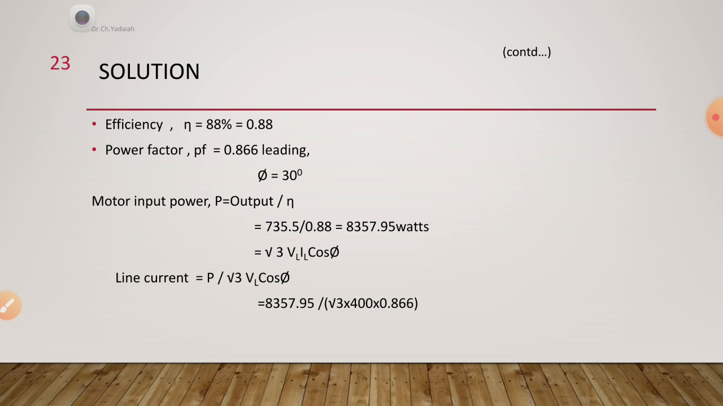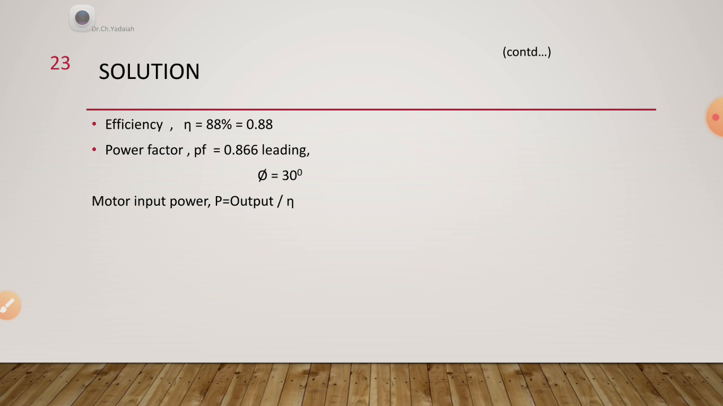Okay, that is equal to 8357.95 watts. Same motor input: P is equal to root 3 VL IL cos phi. So in this case, we know the power input, we know the rated voltage, we know the power factor, we know the root 3. Substituting these values here,